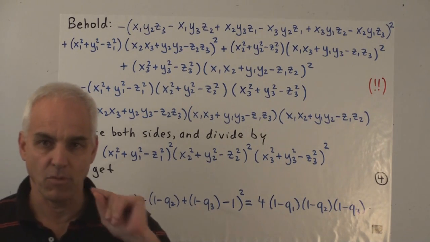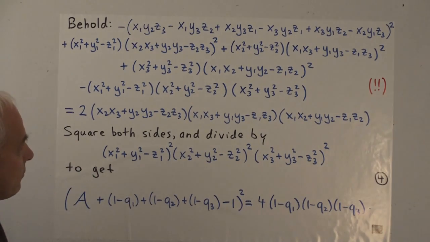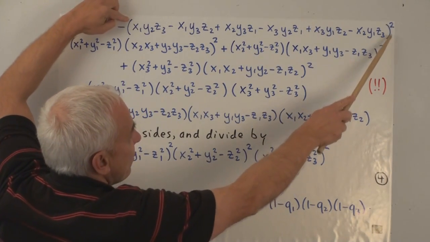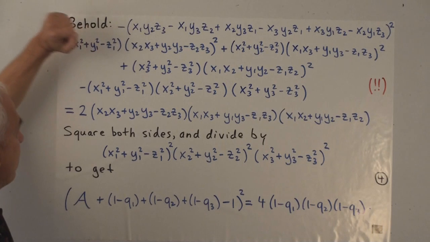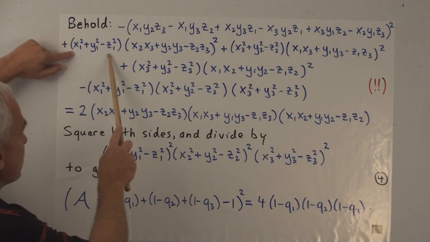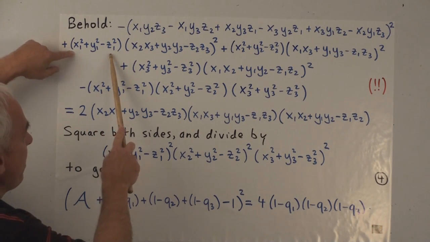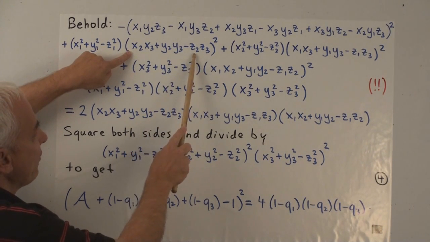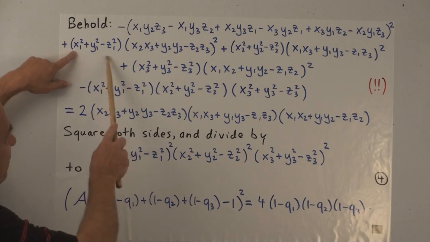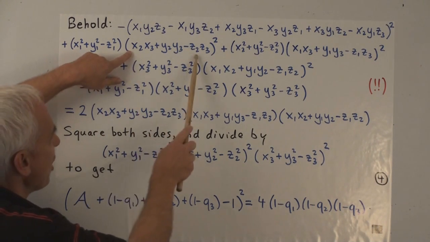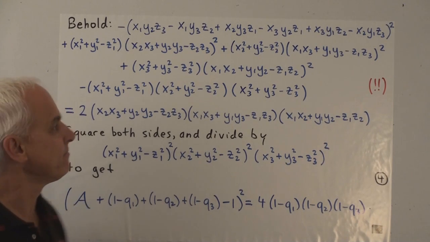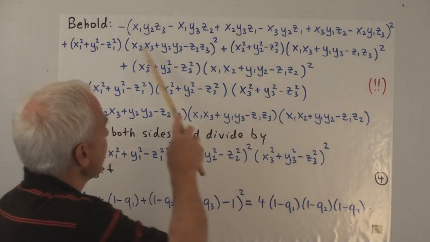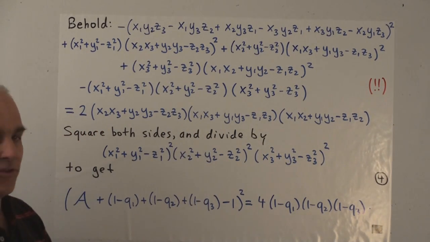Let's have a good look at all the ingredients. So up here we have a minus sign, and then we have that determinant that we've seen several times now, squared. Plus the next term, here's this x1 squared plus y1 squared minus z1 squared term. And here, to balance it, is x2 x3 plus y2 y3 minus z2 z3 all squared. This is like a dot product of a1 with itself. This is kind of like a dot product of a2 and a3, all squared. And then the next two terms are just like this one here, but with the indices rotated.